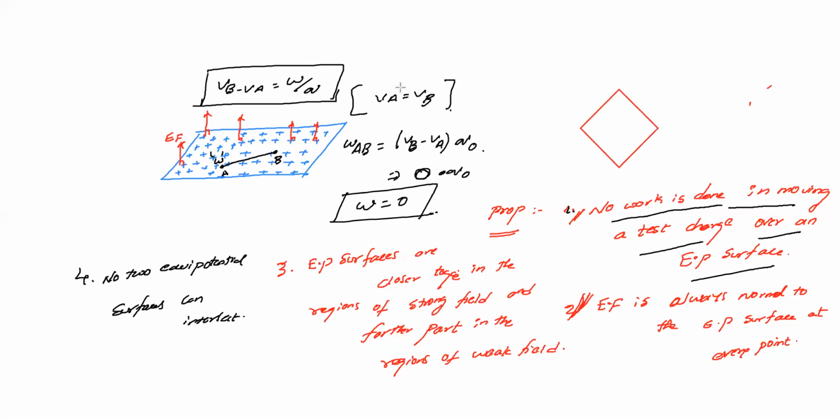So for this irregular shape, what will happen on the surface? The charges will be stored on the surface, like this. If you see, at the edges and corners there are more charges, closer together. Just try to understand that.